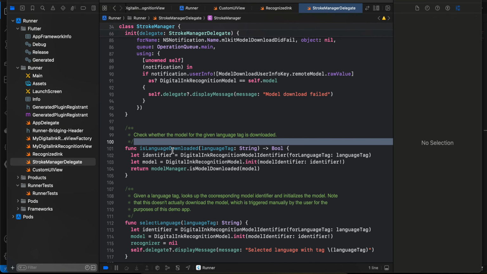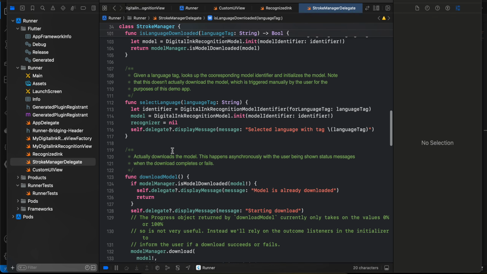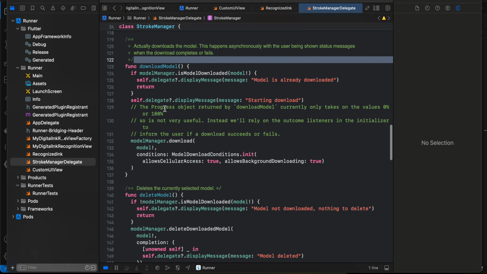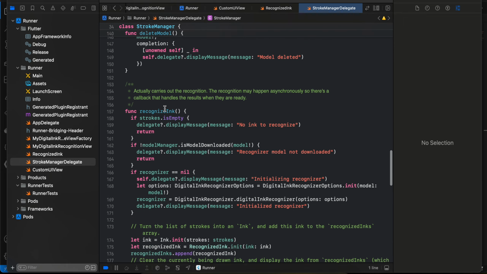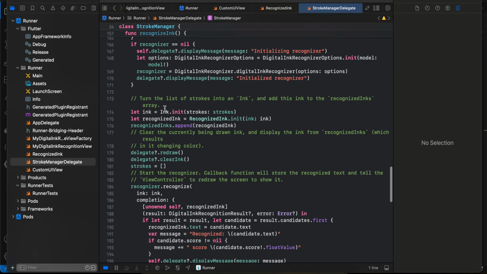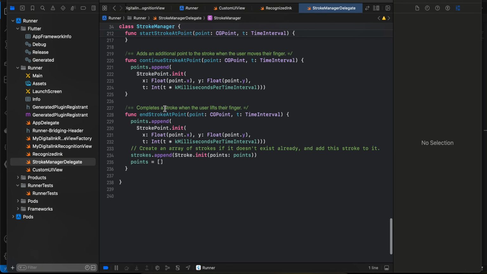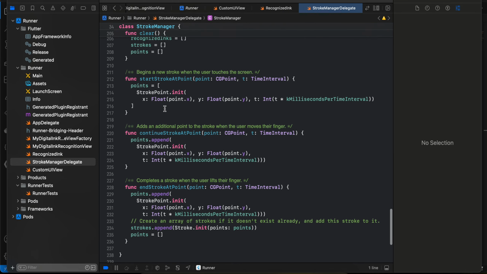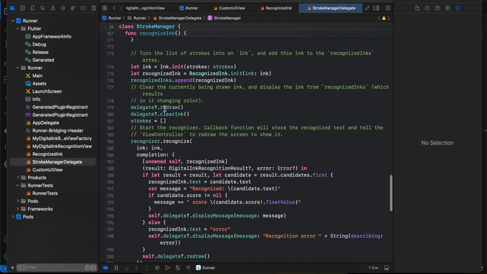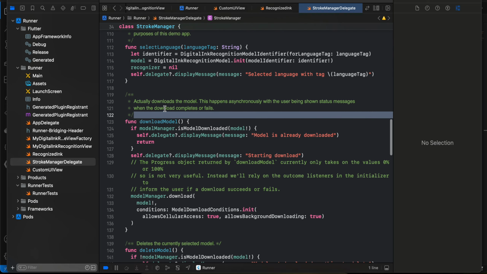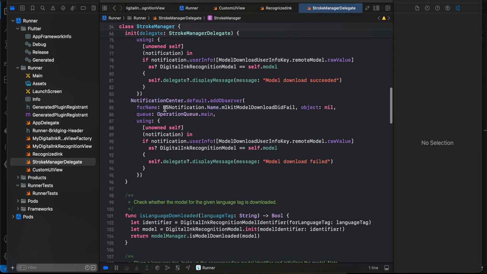So this helps us with language downloading, like the TensorFlow models downloading. Here you can see this is all the code for it. You can just copy paste it, we don't really need to know this code. Okay, so this is done. I'll just quickly scroll up as well in case you missed anything. You can just pause the video and copy paste all the code if you want, or you can refer to their